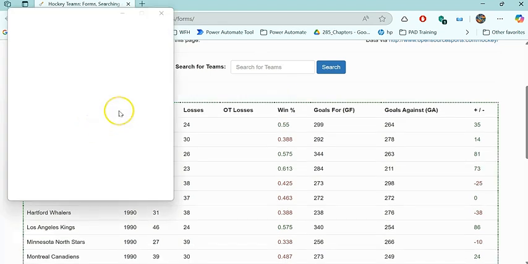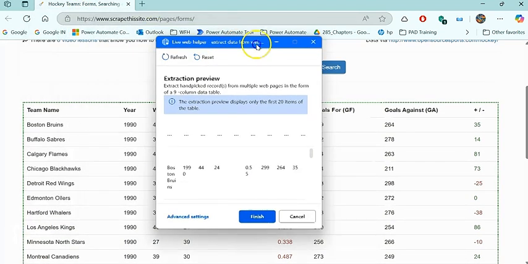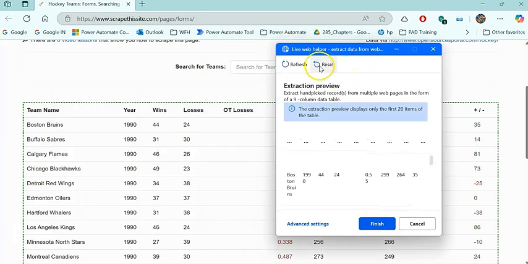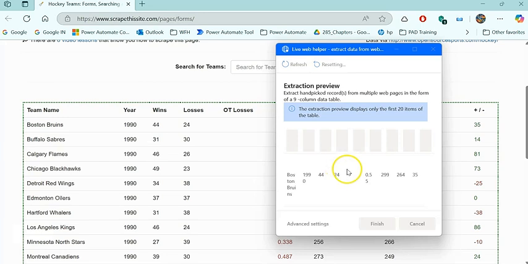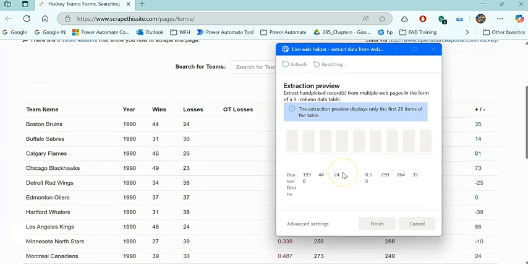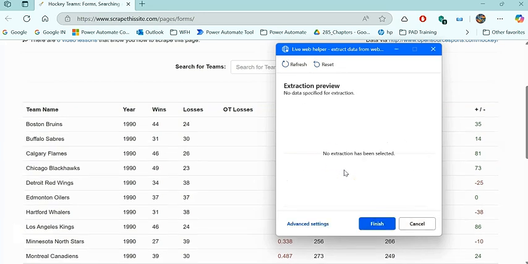It's still reading the previous extraction. Okay, I will reset this so that the entire HTML table I had captured will disappear, and we will start from scratch. So let me hover my mouse and let it identify the elements. There it is, a table data cell. I right click on it,